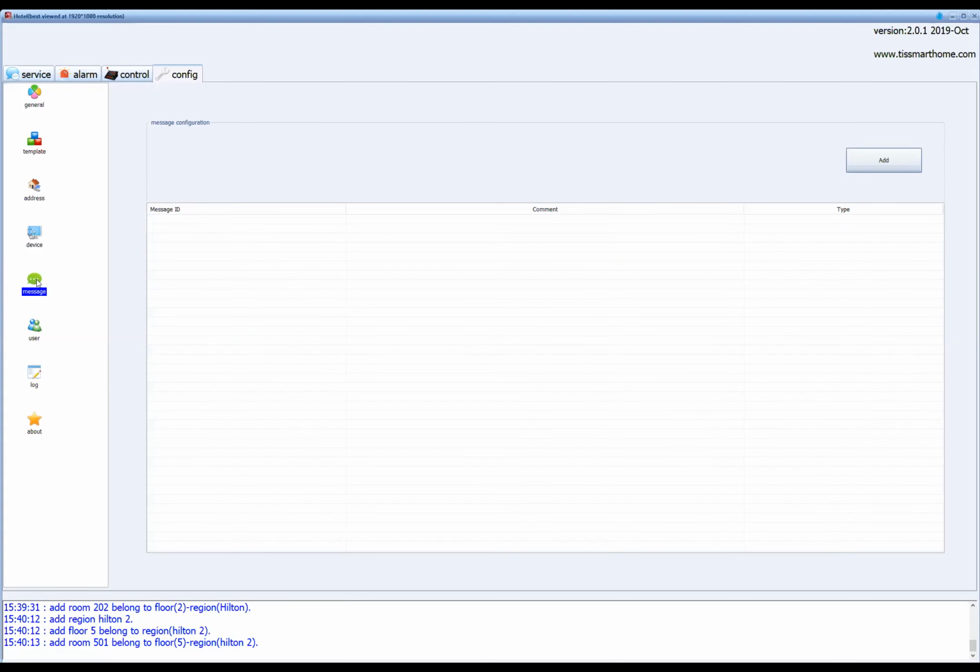Okay, the next one is the messages. You need to add your messages here. It depends on you. For example, message ID number 1. Again, I need to stop sharing. Message ID number 1, for example,